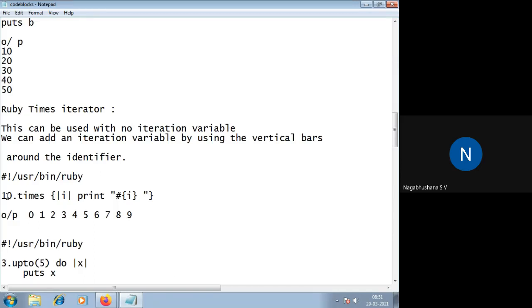Suppose I replace this 10 with 3, the output will be 0, 1 and 2. So that is how things happen. Suppose I want to print anything in sequential order, I can use the times iterator. So we have seen the each iterator, the collect iterator, and the times iterator.